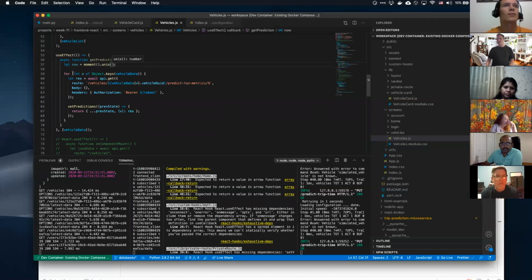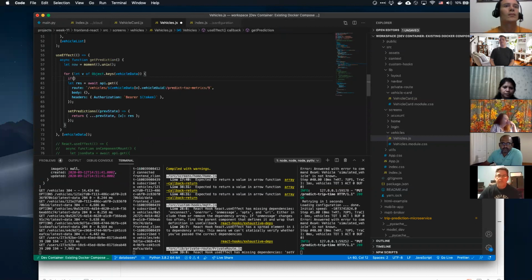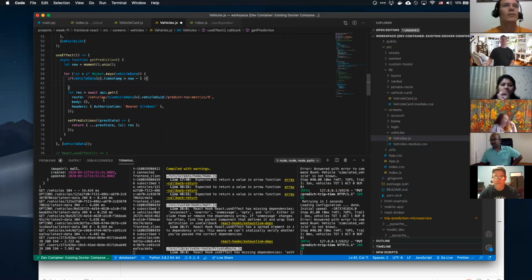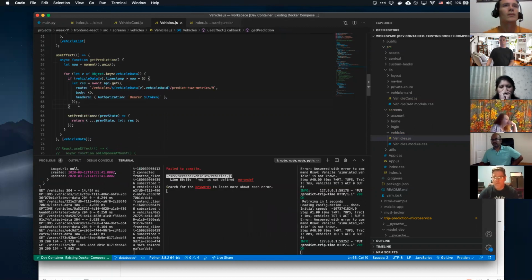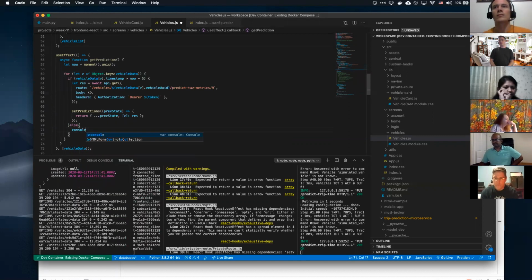And then if vehicleData of v .timestamp is greater than now minus 5, so basically if the timestamp is within the last 5 seconds, then do all of that. Otherwise, we can just say console.log, too old to get the prediction.